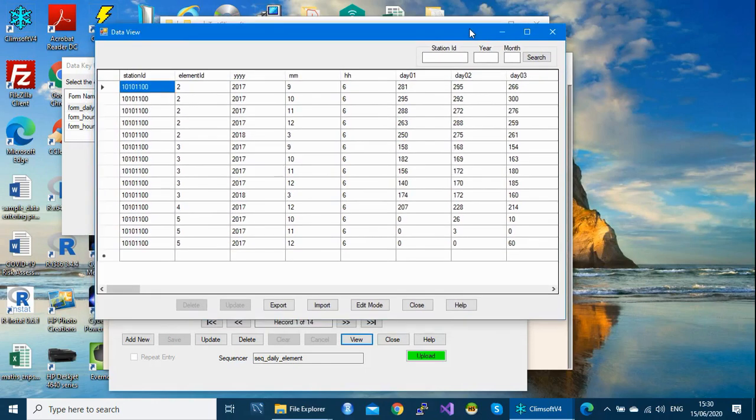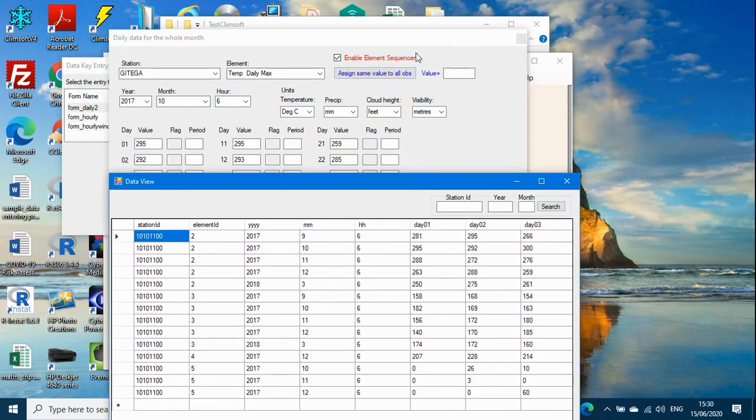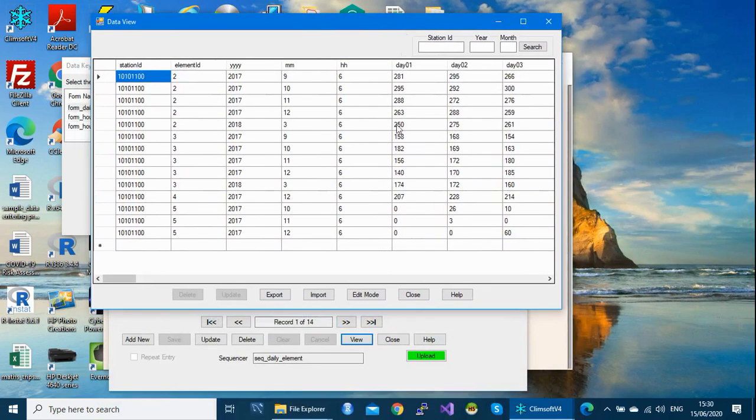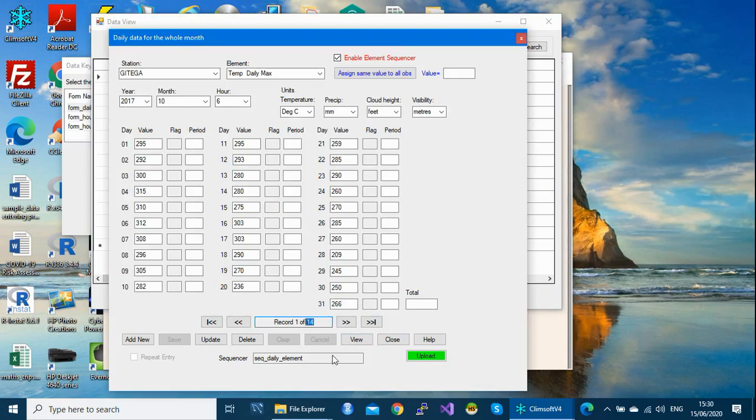So to go about it, you want to import the new station. So you are going to use here the import button. Remember to export, we've used the export button, but now we want to import the new station we are going to add on this list. So we are going to import the new station. So in this case, you have 14 records.